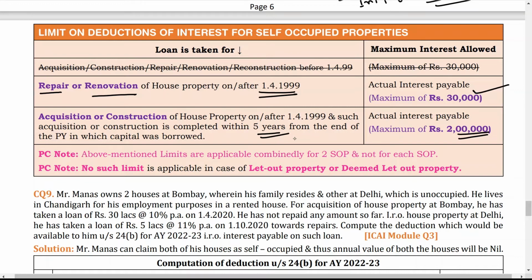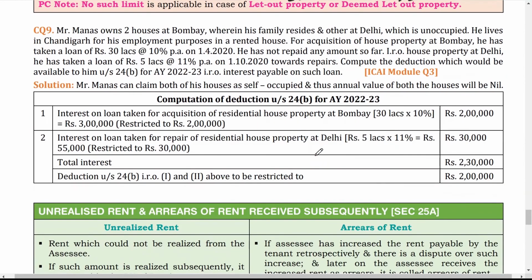Means if he has two self-occupied properties, that doesn't mean he will get 2 lakh plus 2 lakh, 4 lakh. He will get only 2 lakh. Maximum 2 lakh is available as a deduction. No such limit is applicable in case of let out property or deemed to be let out property. So this limit is not applicable in case of LO or DLO. So now,